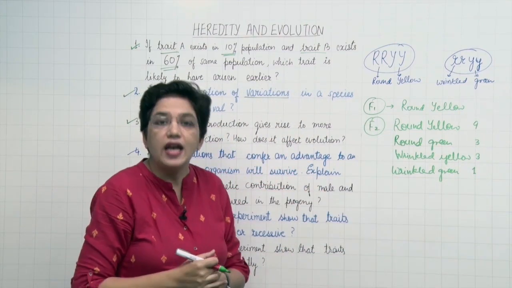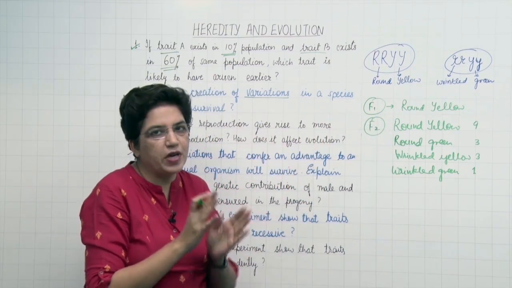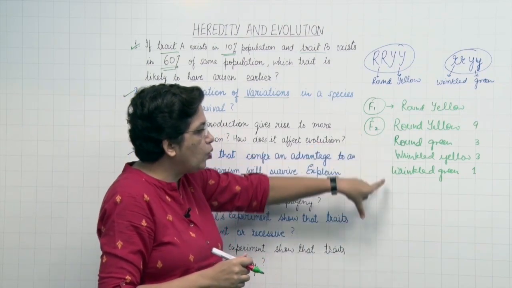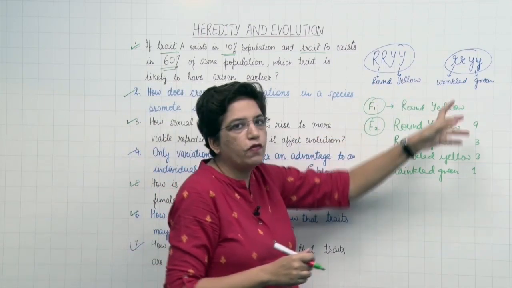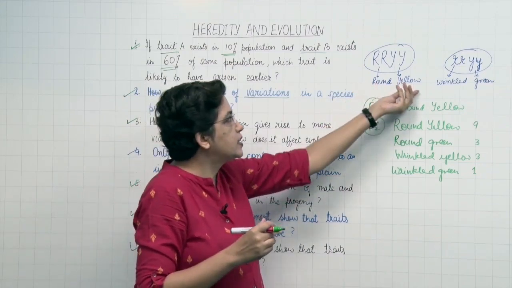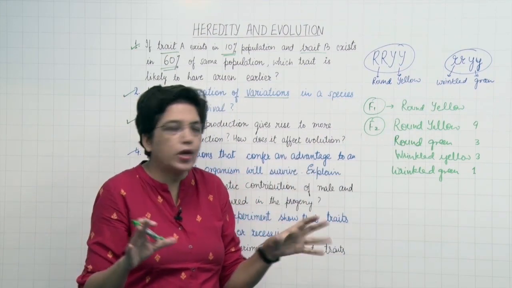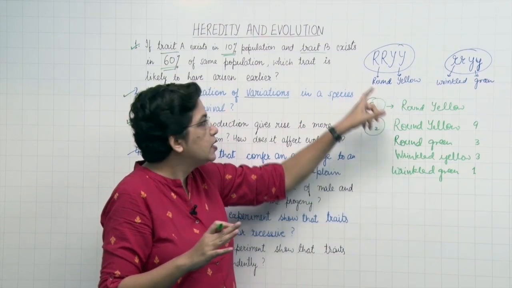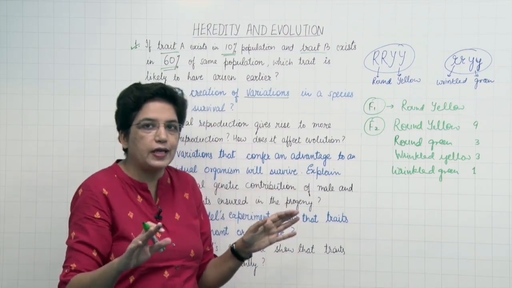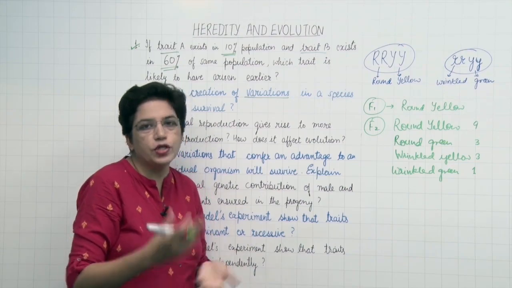This was the ratio in F2 progeny when the parents from F1 were crossbred between these two types of plants. So although we were expecting round yellow and wrinkled green, this new combination was found in the F2. This shows that the two characteristics, round or wrinkled and yellow or green, are inherited separately. It is not that a combination will be inherited. Round or wrinkled will be inherited separately, yellow or green will be inherited separately. So this was shown by Mendel's dihybrid cross. Let us move on to the next question.